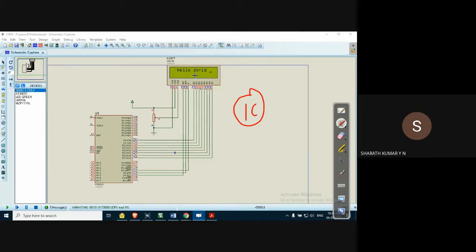So this is the eighth B part of the program. What we are displaying on the first row, we can display on the second row. That's also possible. All this is possible. We can have these changes in the laboratory programs, like display it on the second line, display it on the first line, right to left shift, left to right shift. So we should be familiar with the various commands which are used to control the display of an LCD display.